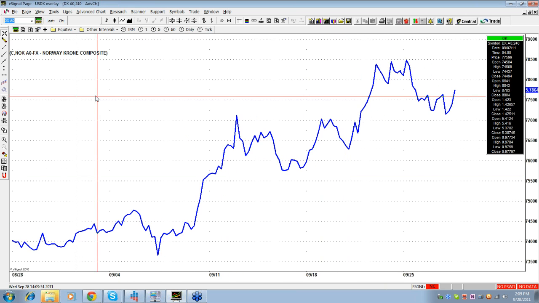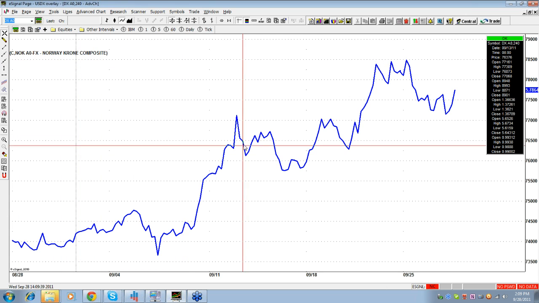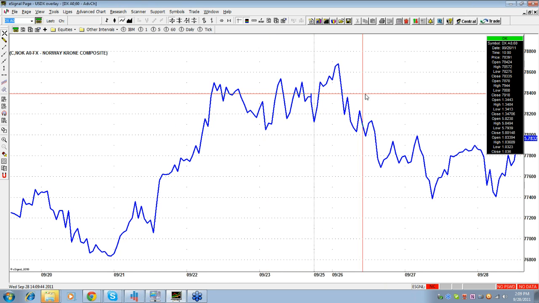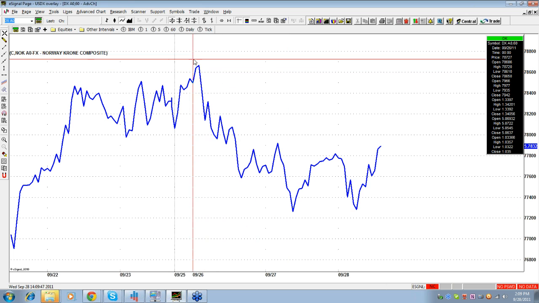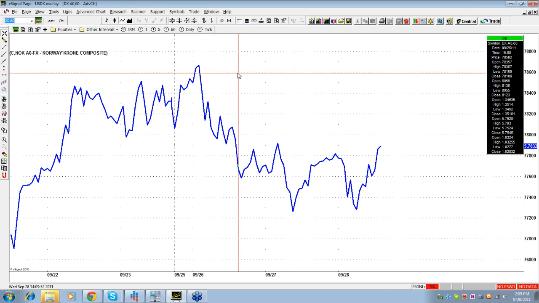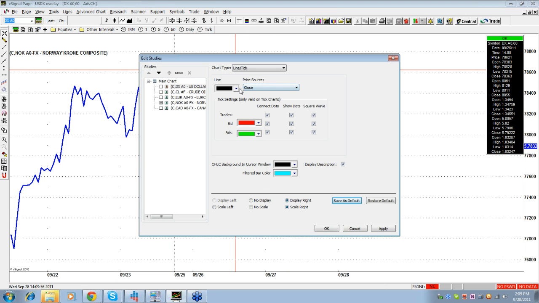This is the Norwegian krone right here. Very clear, and if we take a look at the 60-minute chart, it did a five-wave move to here. You don't see it that well here on the closing, but if you put the candles,